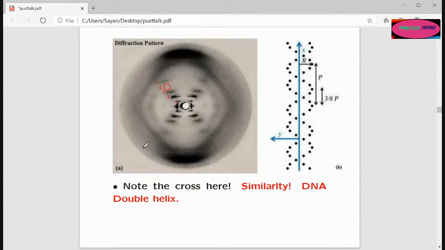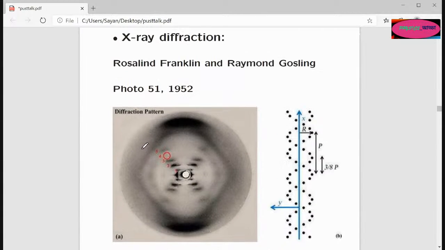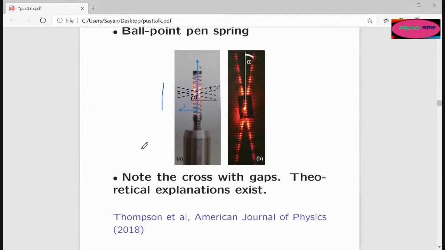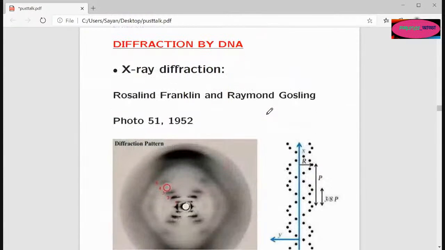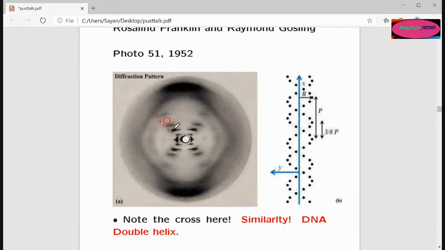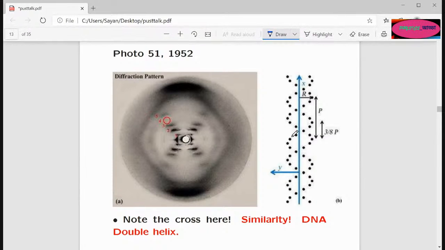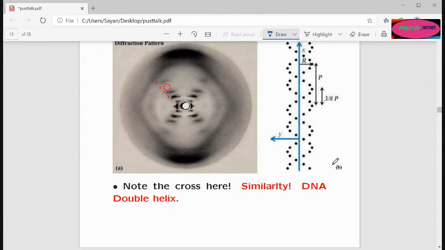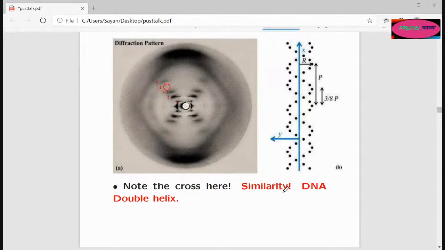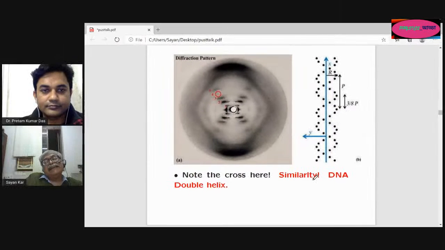So you see the similarity to the earlier picture that I showed you, where I merely did a diffraction with a helium neon laser. I shone the light on that spring, which was held erect on a stand, and I got this cross. And many years ago, in X-ray diffraction, you also got that cross over here. So that's a picture of a double helix, as you can see. So you see a similarity. And the similarity is, of course, related to the helical structure of the spring and the helical structure in a DNA.